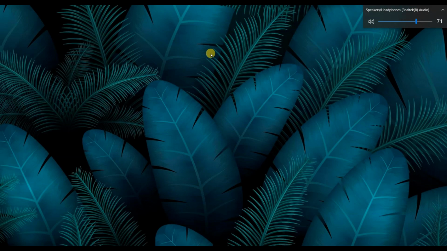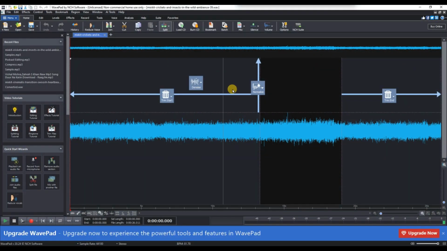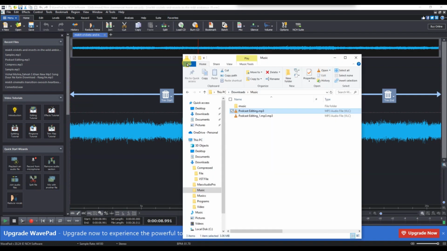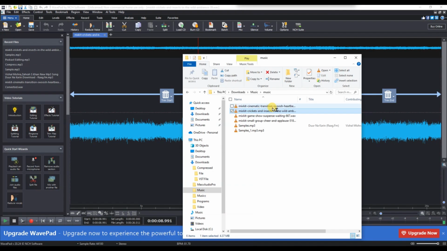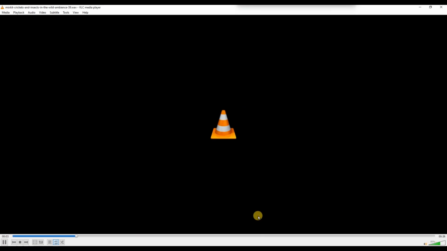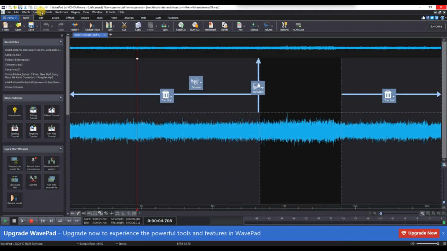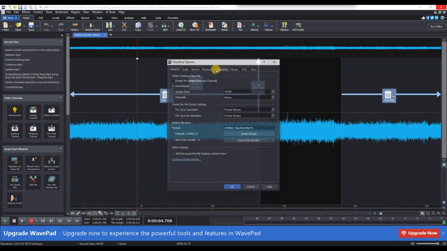Next, restart WavePad to refresh the program. Sometimes, a simple restart can fix playback issues. If the problem continues, check the audio file itself by playing it in another media player to ensure the file is not corrupted. Then, in WavePad, go to the Options under Tools menu and verify that the correct audio playback